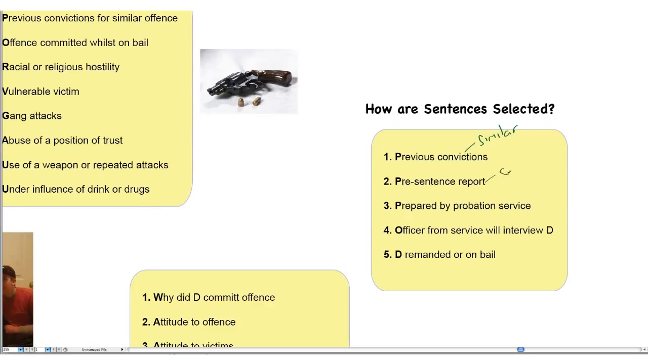The court may offer or they may ask for a pre-sentence report for the most serious of offences. And this will be prepared by the Probation Service. A probation officer will interview the defendant. So these are all linked, these three. And whilst this is going on, the defendant will be on remand or on bail. So they might be kept in prison if they're considered to be dangerous, or they might be allowed out on bail whilst the pre-sentence report is being